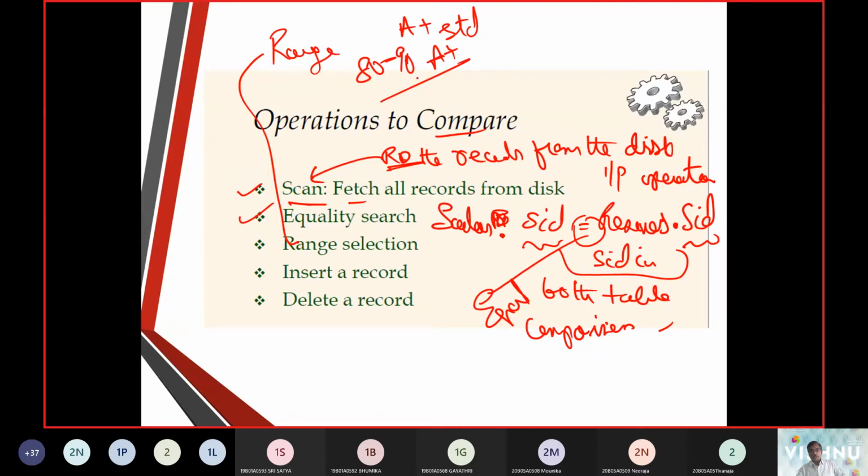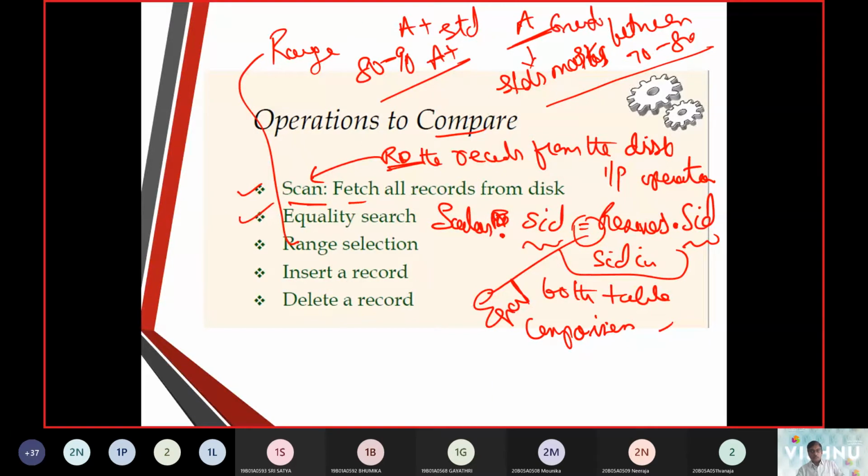Similarly, an A grade means student marks between 70 and 80.